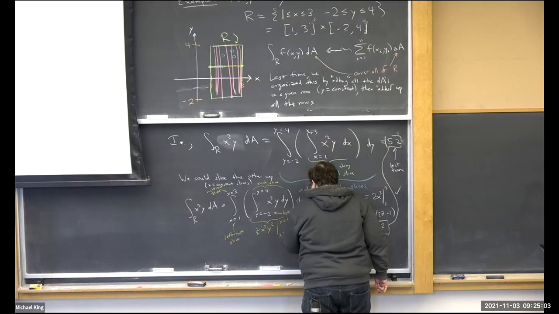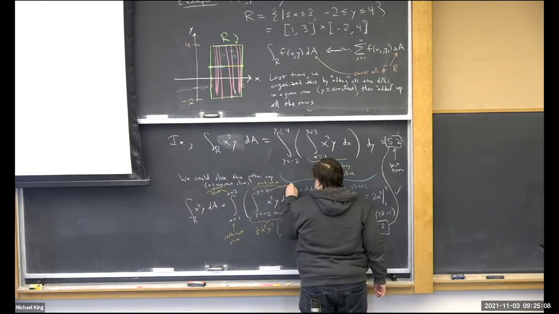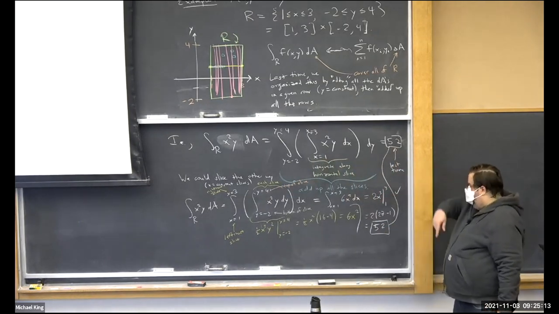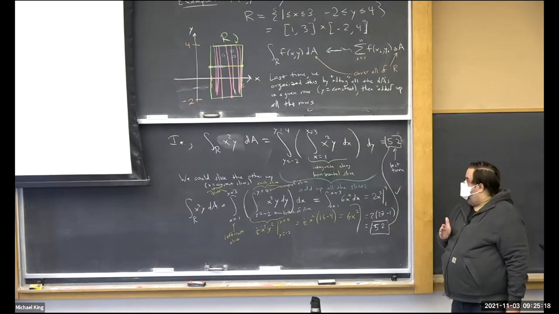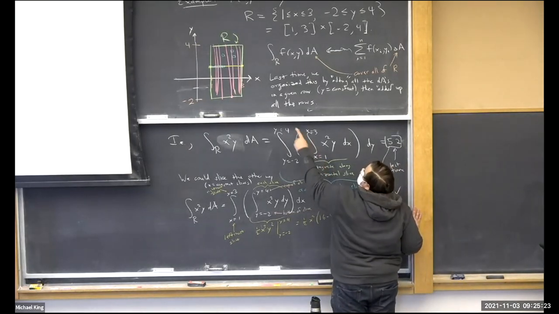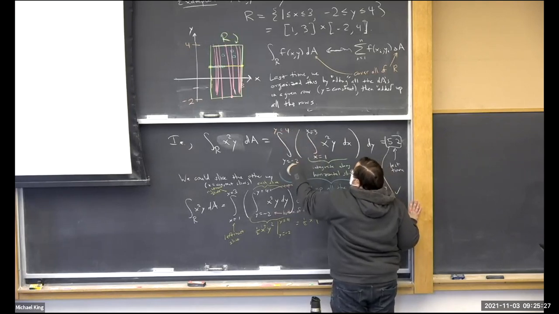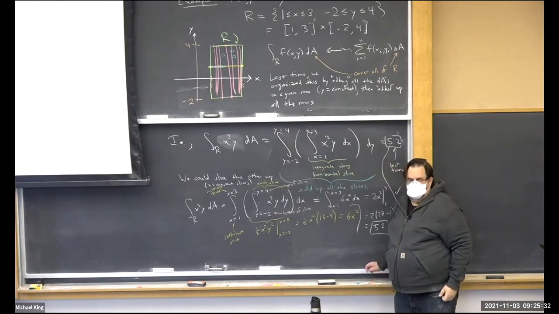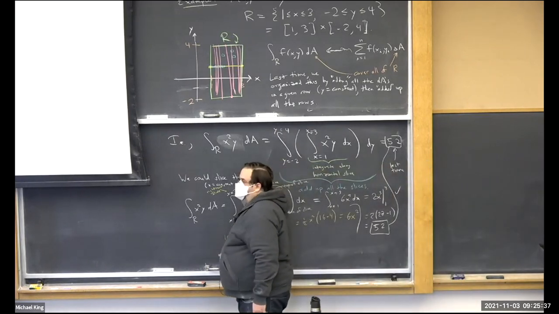This is the bottom of a slice. This is the top of a slice. Right, we want to do each slice, so we go from the bottom of the slice to the top of the slice, and then we want to add up the slices, so the leftmost slice to the rightmost slice. Here you could be like, this could be the left-hand endpoint of the slice, like that's the horizontal slice, left-hand endpoint to right-hand endpoint of the slice, bottommost slice to topmost slice. Make sense? Okay. The reason I'm belaboring that is because I want to think about what if our region is